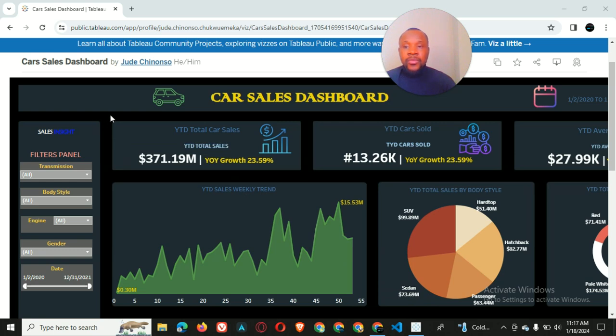And we've created these KPIs to help us understand the total car sales. If you look over here, you can see that we have 371.9 million US dollars worth of vehicles sold, and then we have 23.59 percent growth. And then we built these filters to help us know the type of vehicles that we sold and to help us understand